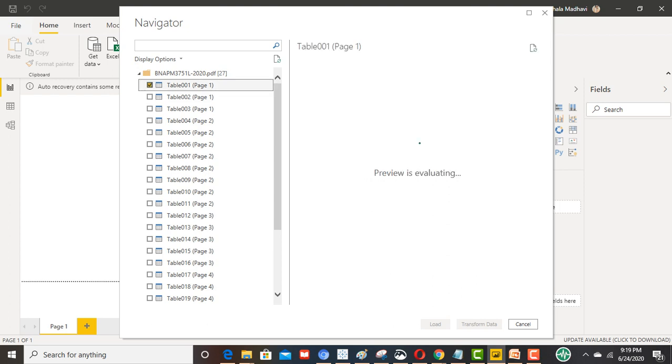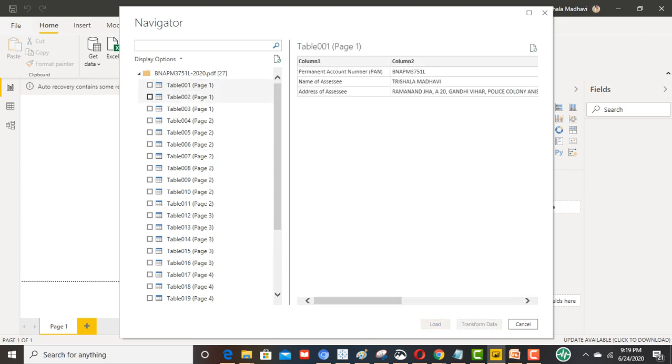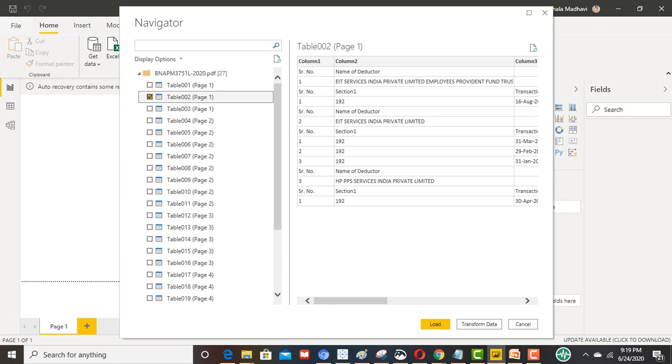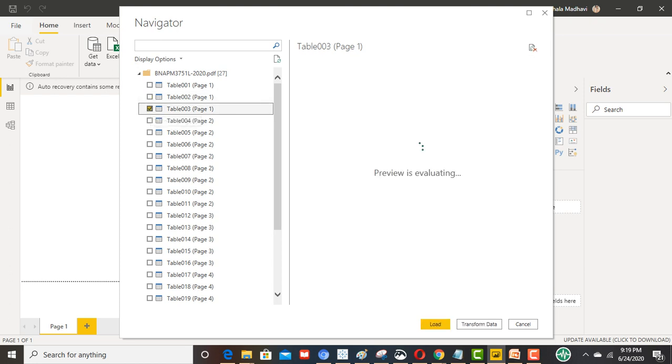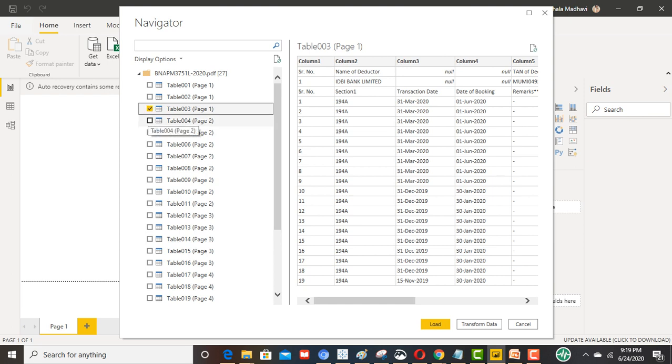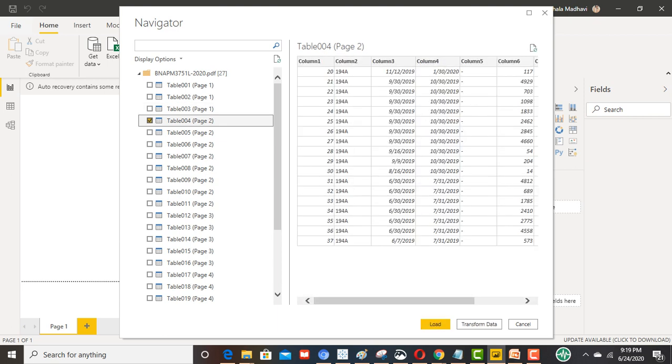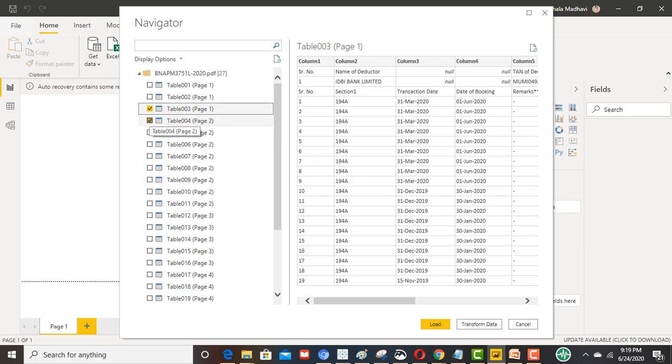So I'm going to see in the first page a little bit of data, I do not want that data. Second page data, this is also not that relevant. Then I will go to the third page, this looks relevant. Again I will try the fourth page. What is on the fourth page? Fourth page also has some data. Then I have to check which page we require data from. So I know that I require the third page, number three. So I'm just going to take data from that page and then load the data.